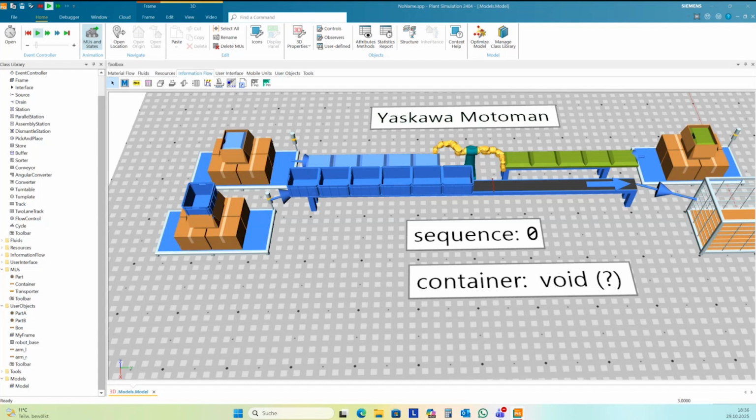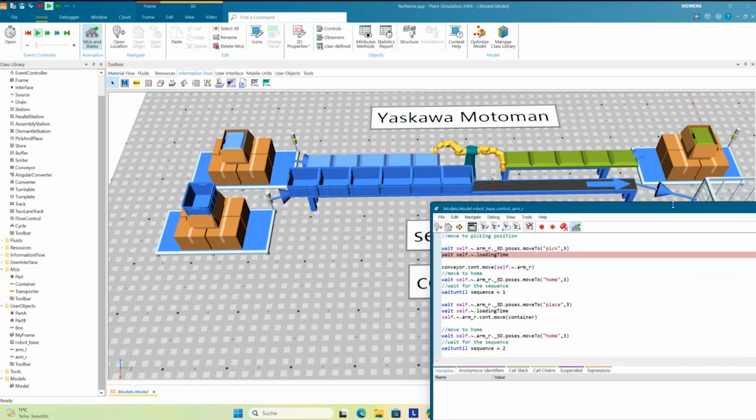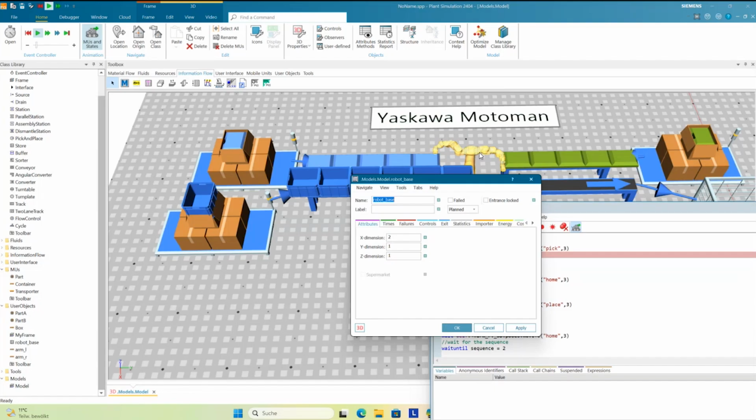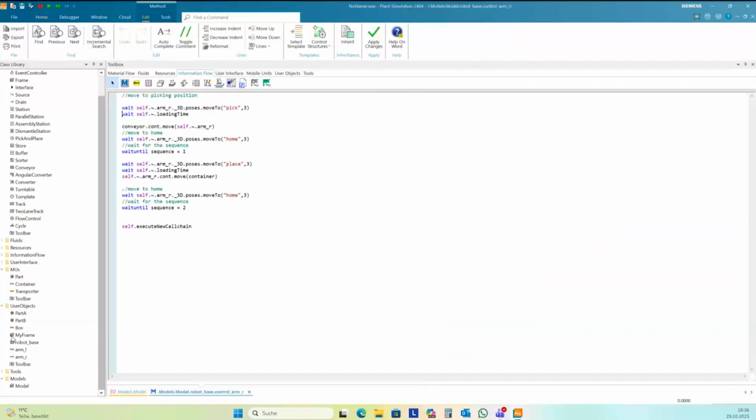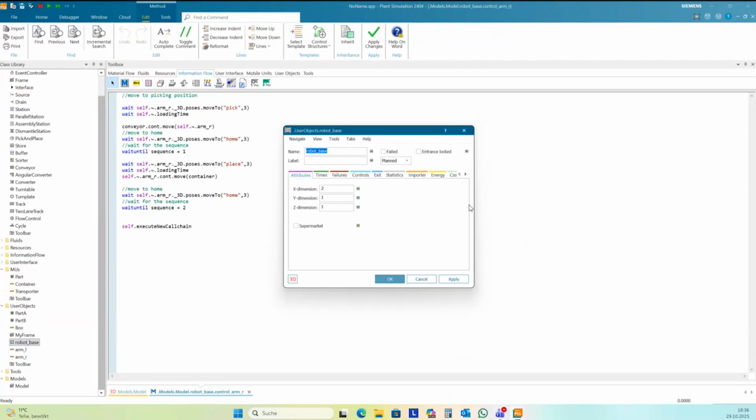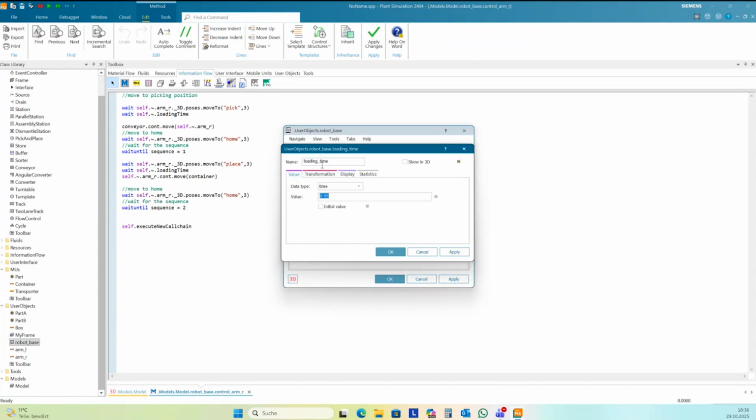So he says, okay, self-loading time is not found, so I need to check the spelling here. Loading_time with underline. Okay, I changed this in the class of robot base. Yeah, I change here. It's faster.